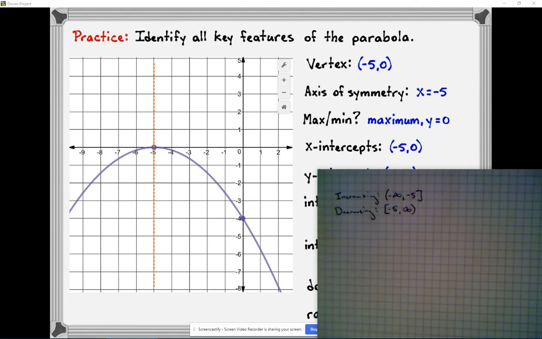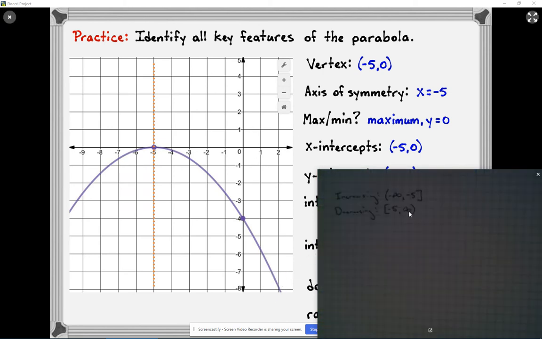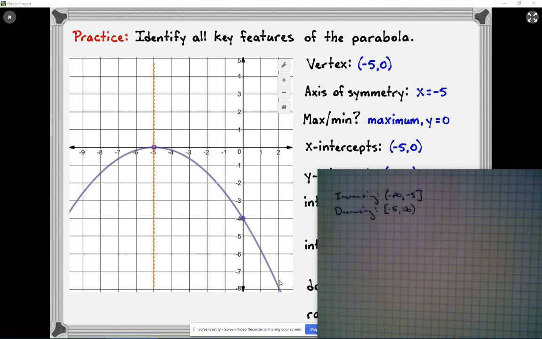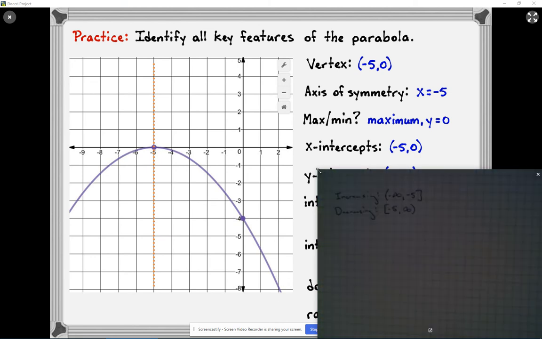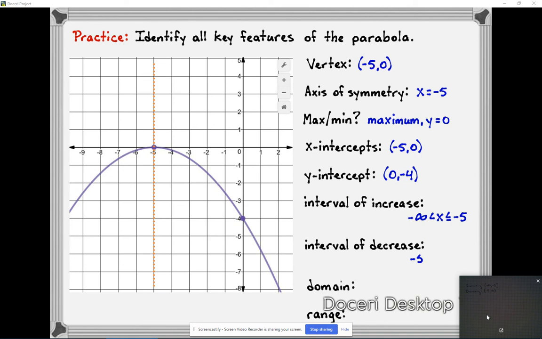Okay, now we don't always say infinity. If this graph were to stop right here, for example, then we would say it stops at 0, or it would stop at 1, or it would stop at 2. But we have this graph go on forever. Now, you might have said it stops at something like -10 because there's no arrows. And I guess I can't ding you for that. I was just assuming that there's arrows here. If you put 2.1 instead of infinity, that's fine for this case. But if there's arrows there, you should be putting the infinities. All right, so the interval of decrease in inequality form is -5 less than or equal to x less than